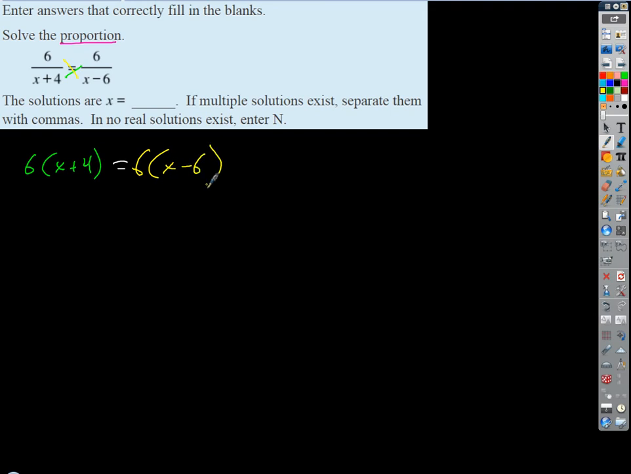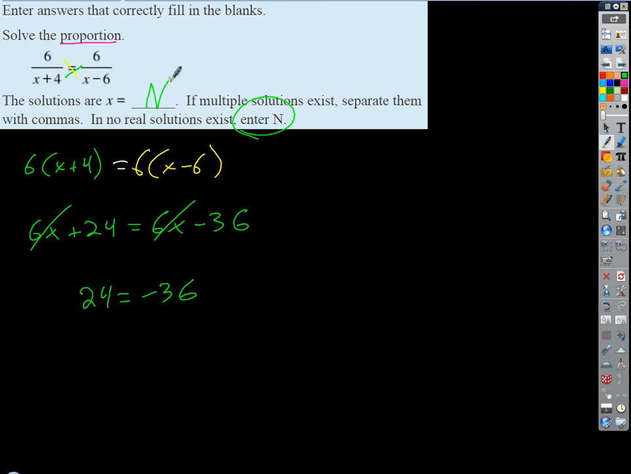Well, in this case, what do we end up getting if we distribute? We get 6x plus 24 equals 6x minus 36. And we could have also just divided each side by 6 if we wanted to. Well, if I subtract 6x away from both sides, look what happens. The 6x's go away and we get the solution 24 equals negative 36, which is false. And so what's that tell us? There are no solutions. And so in this case, we would enter n